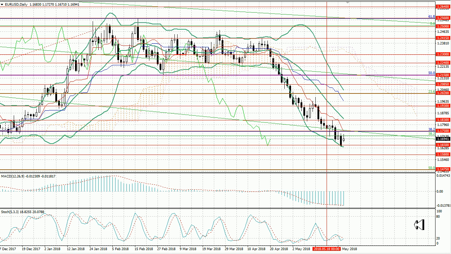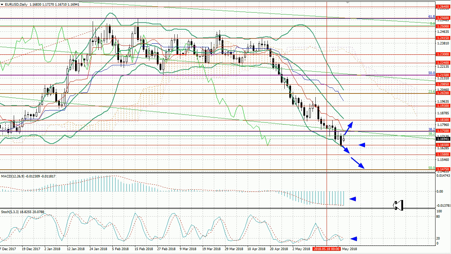trading instruments. Last week, the pair EUR-USD reached the level of 1.1650, and if the price breaks this level down, the pair may drop to the levels of 1.1580 and 1.1475. Otherwise, it can grow to the middle line of Bollinger Bands at 1.1830. Technical indicators do not give a clear signal, Bollinger Bands are directed downwards, stochastic is trying to reverse upwards, MACD histogram is stable in the negative zone.